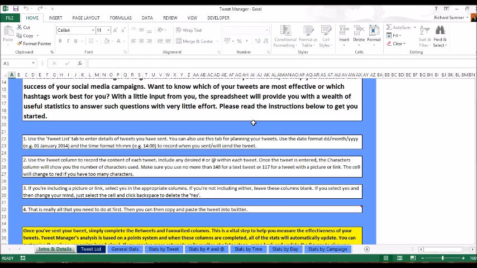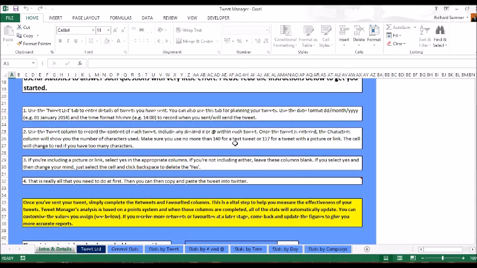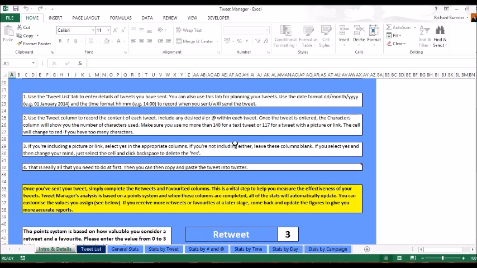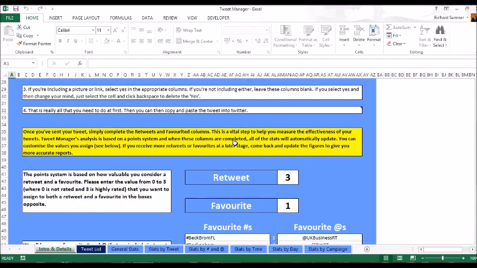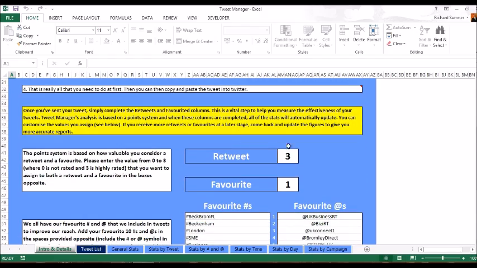The whole idea behind this spreadsheet is to give ratings to different tweets based on the number of retweets or favorites that you receive. So the idea here on this front page is just to fill in the points that you want to give to each one. I've said a retweet's worth 3 points. You can give them anything between 0 and 3. So retweets 3, favorites 1. You could put them each at 1 point, or 2 and 1, or 1 and 2, or 1 and 3, whatever combination you want,